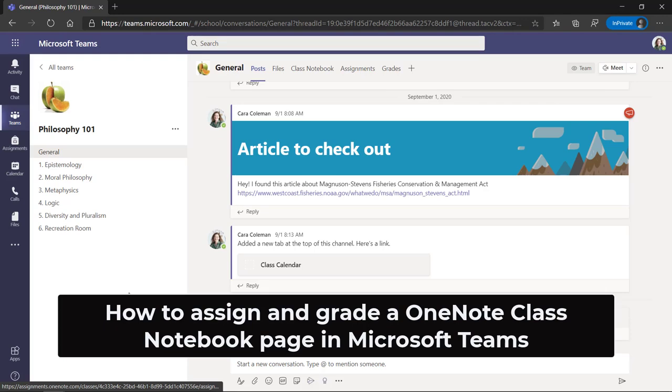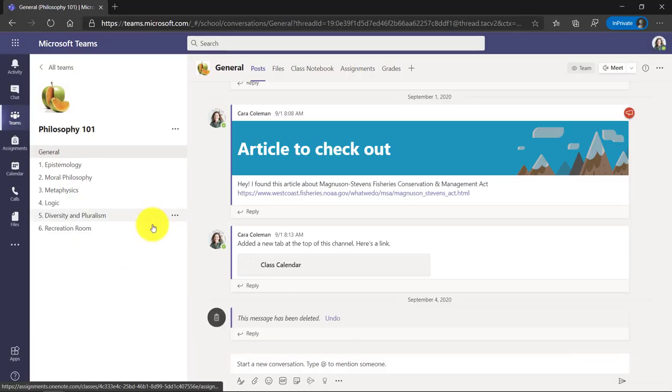I'll be showing how an educator can create an assignment with a OneNote class notebook page. I'll show how to make that assignment to the student. The student will work on it and turn it in, and then the educator will grade it and give it back. Now I'm here in Microsoft Teams, and I'm in my class Philosophy 101,